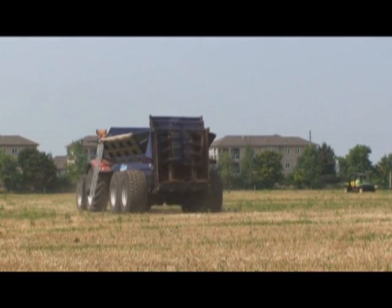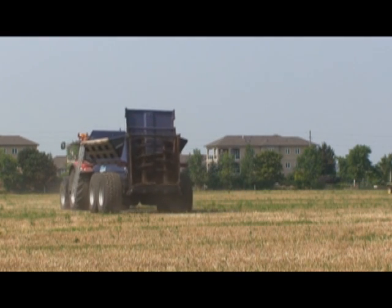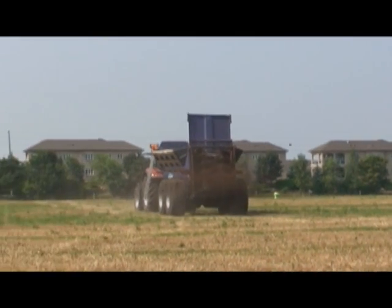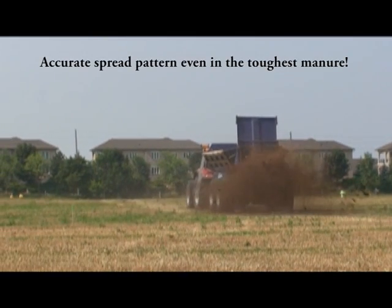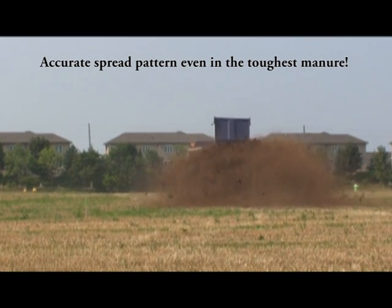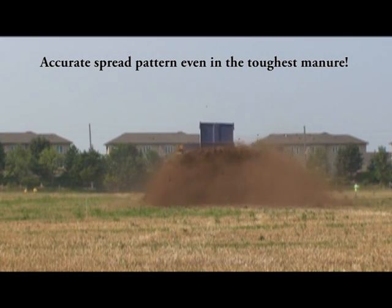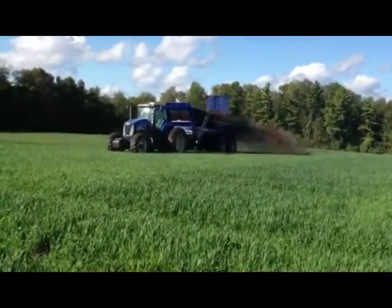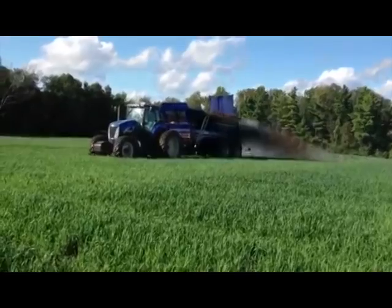The other thing is, when we developed it, we wanted to use everything from North America. So the only things we have to buy from Europe are the gearboxes. Nobody else builds them here, but other than that, everything is North American. We use truck hubs with oil bath bearings like the truck industry does. We use 2 1/4 inch drive line. We use 2 1/4 inch bearings on every single bearing on the machine, so you just need one bearing as